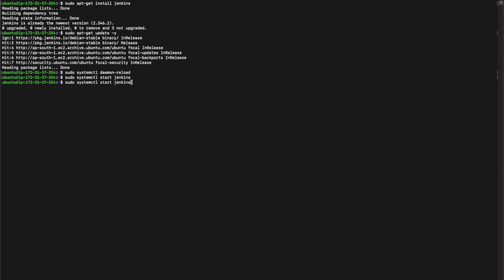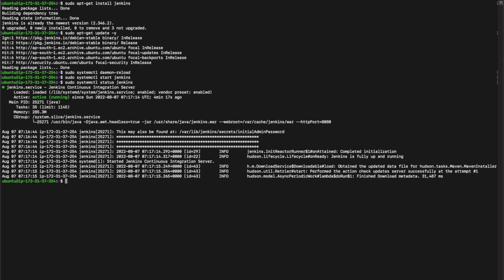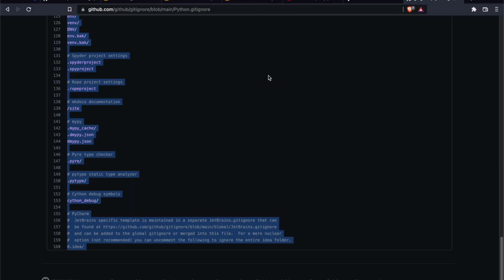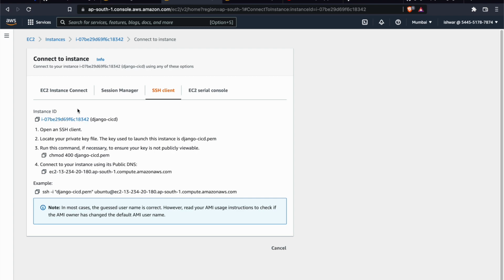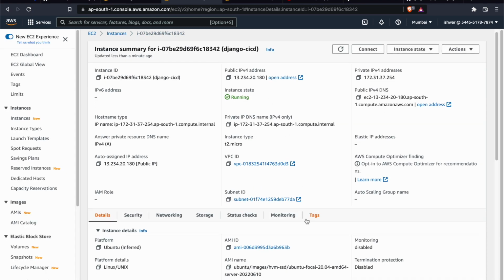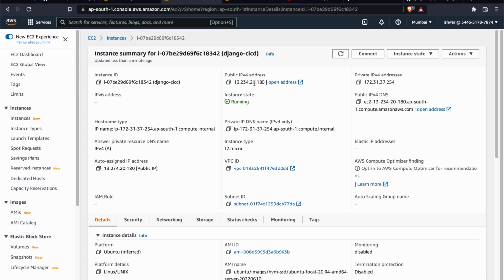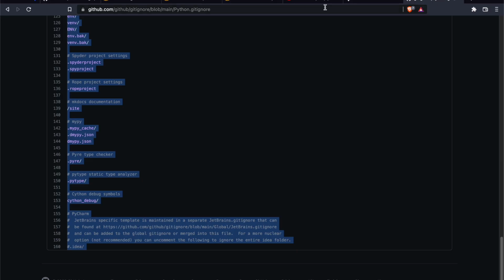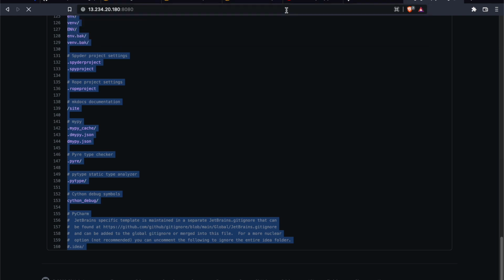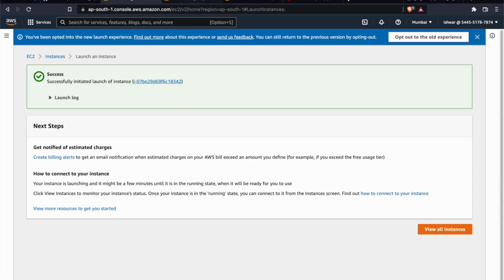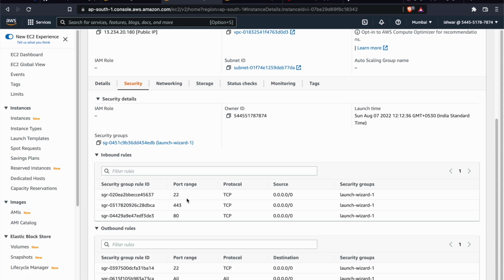and we can check the status of Jenkins. Yeah, so as you can see, Jenkins is running, so we can connect to Jenkins on 8080. Because this is our instance here, and if I go to this information, the public address is this, so let's copy it and paste it here with the 8080 port. So I think because the security is not configured for the port 8080, we will not be able to connect. So let's head over to the instance, and here in the security, what we have to do is,